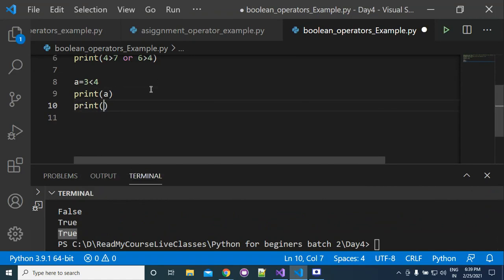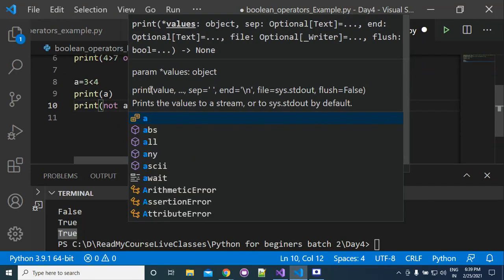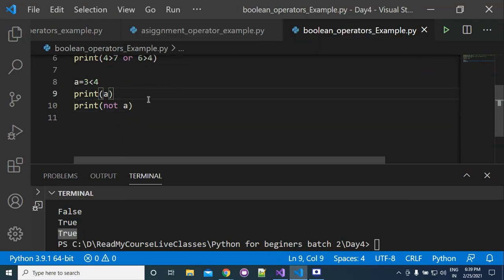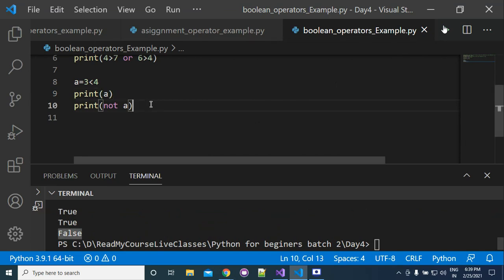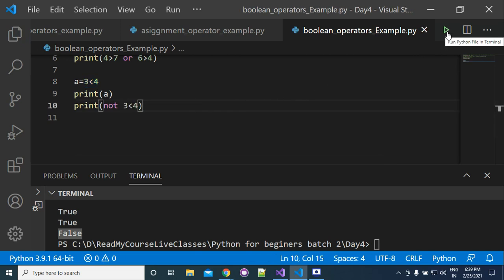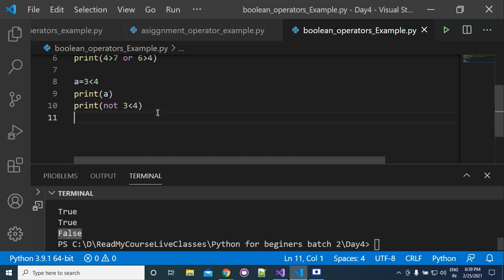But if you print not a, what will the answer be now? False. So it just reverses the value. Similarly, if you write like this, not 3 less than 4, it will return false.